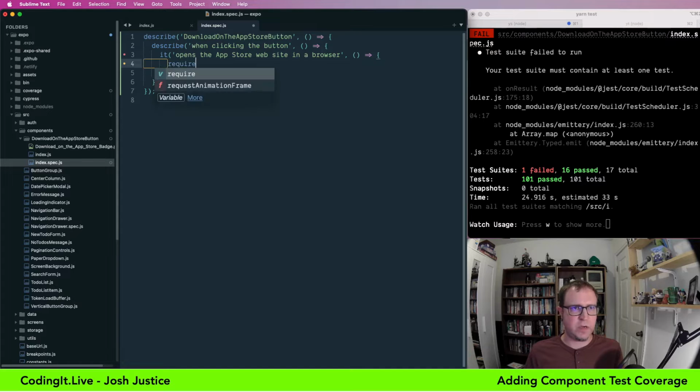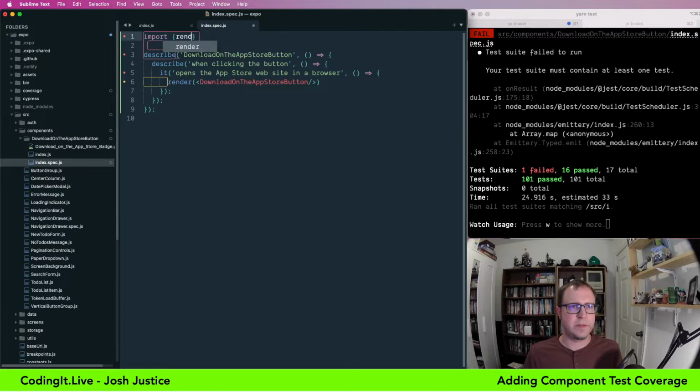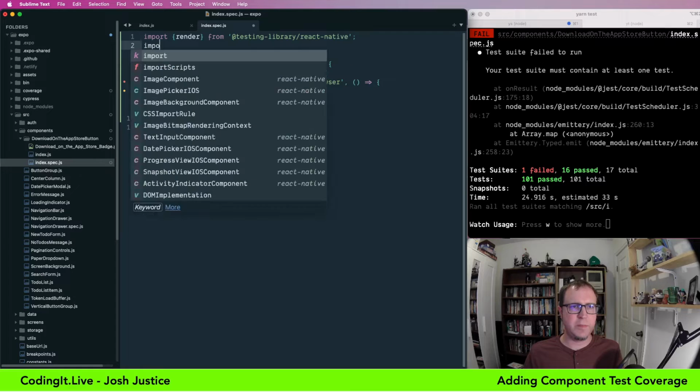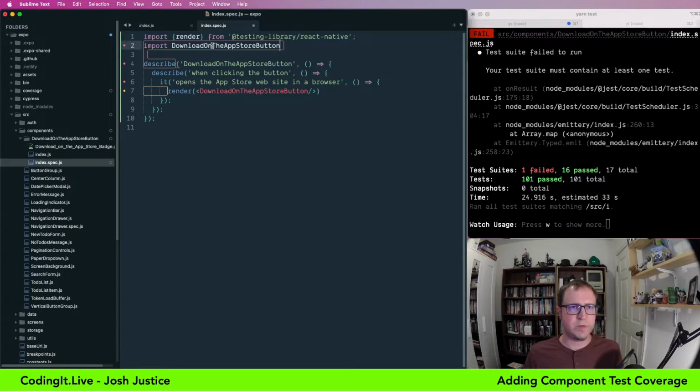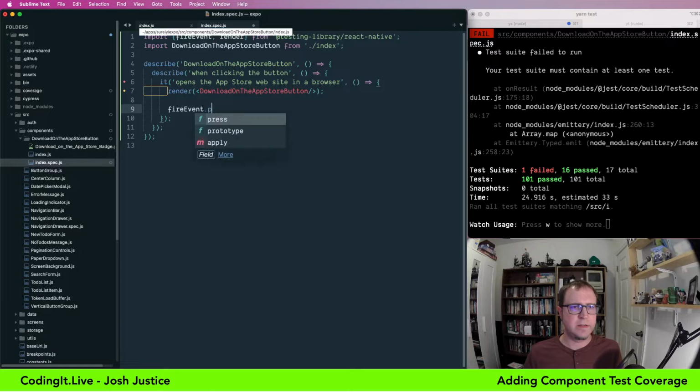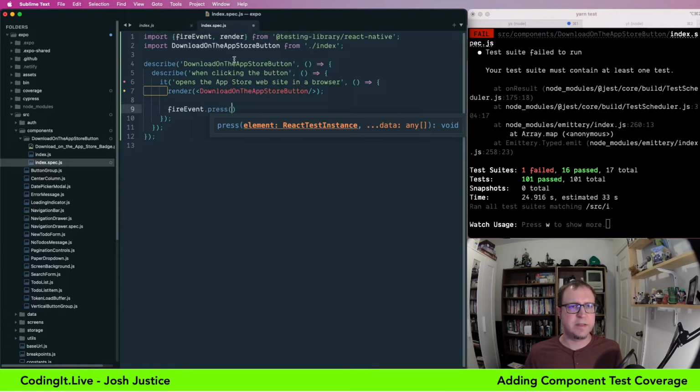We're going to say render. My autocomplete is not working right here. That's interesting. Render download on the App Store button. We're going to import render from testing library React Native and import download on the App Store button from index. We render it, and then we want to fireEvent.press on an element. screen.get